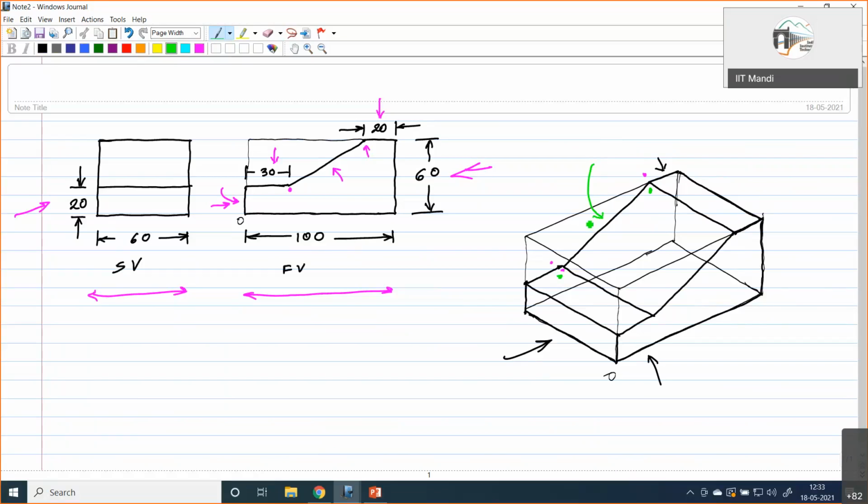Okay. So this completes this diagram. And you could remove all this. Okay. So we have it like this.